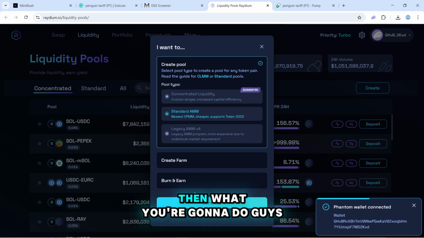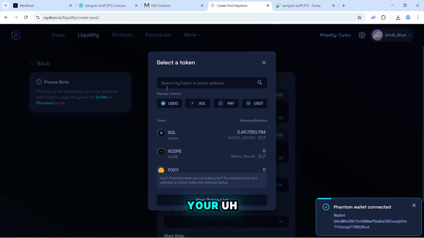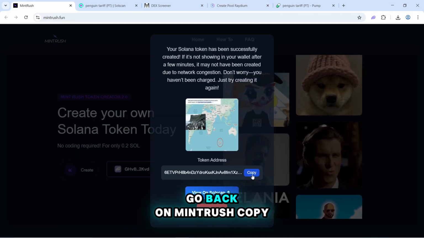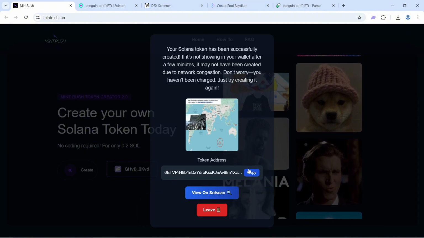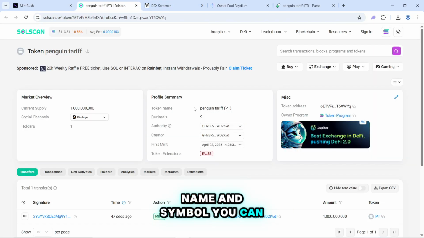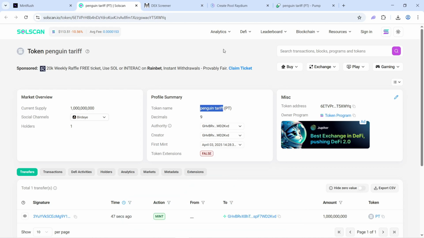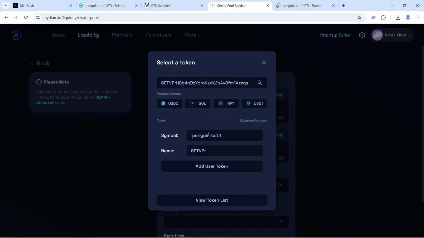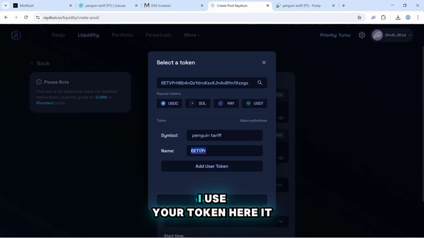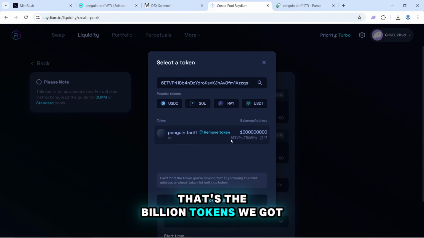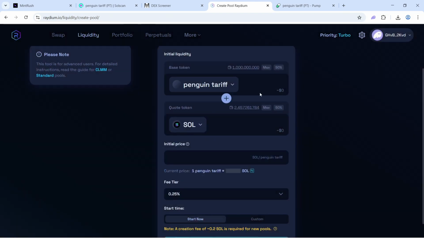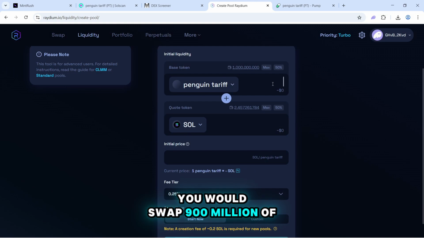Continue. Then what you're gonna do, guys, you're gonna basically swap some of your tokens for Sol. So what you would do is just go back on MintRush, copy the mint address here, paste it here. Then what you would do, you would just copy and paste your token name and symbol. You can do it from SolScan directly. PT. Add user token. Here it is, guys. That's the 1 billion tokens we got. So we will swap them for Sol, basically. So what you would do is you would swap 900 million of your tokens